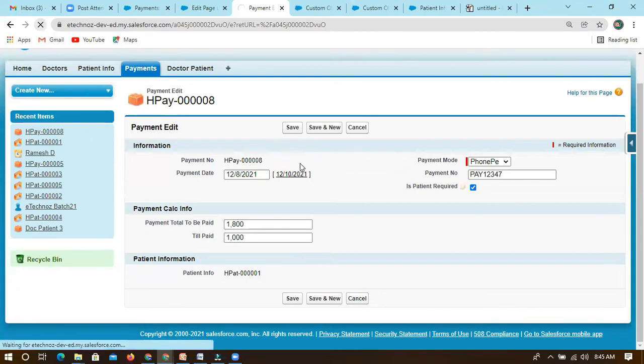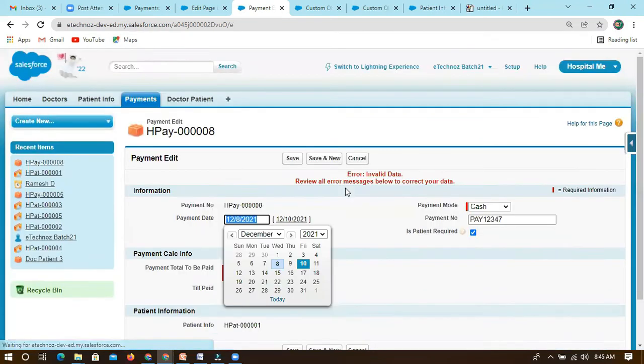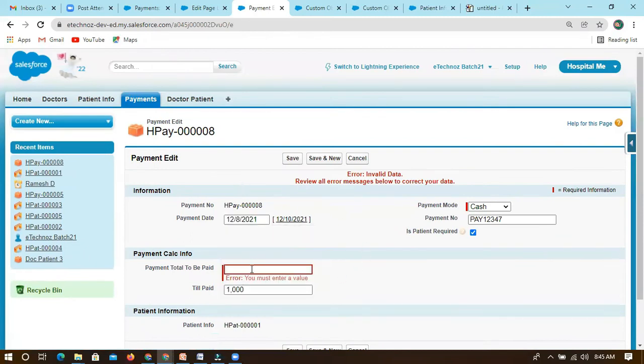Now refresh this. Now you can see, let's say I'm not entering any data and I'm saving this. So it is throwing an error, right? We must enter a value. So this is also required. That is also required, but that we are controlling for the entire profiles if you put it at field level. You can ask questions. If you are making that required at field level, you have to ask the users,